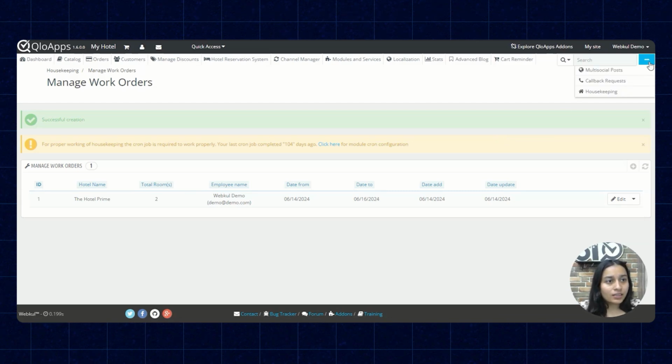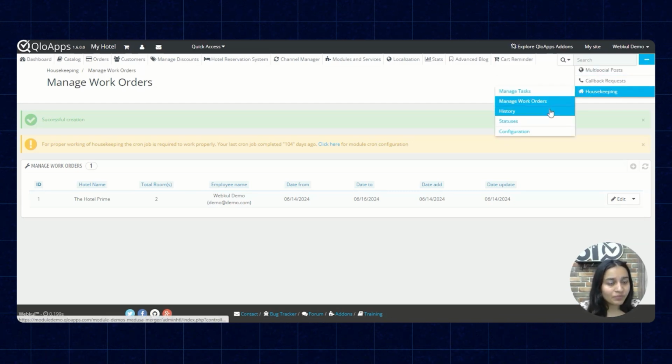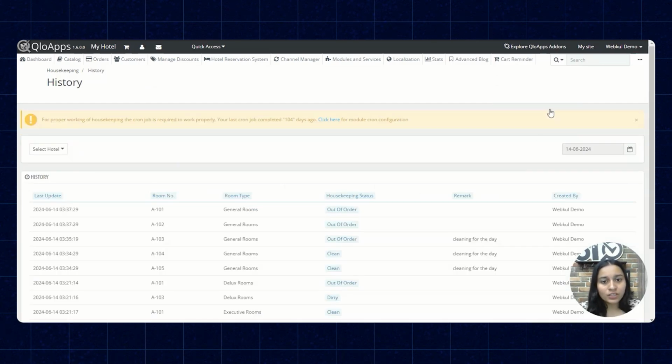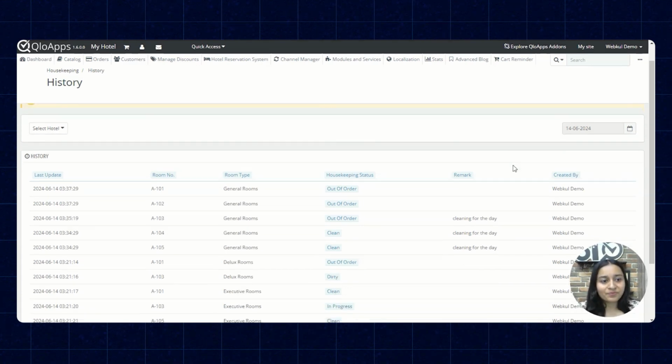The next tab is the history. Here you can check the history of all those housekeeping status updations which are done by you as well as your employees. So you can track and monitor the status of your housekeeping task activity, as well as you can sync all your work order as well as maintenance and housekeeping task from one place.